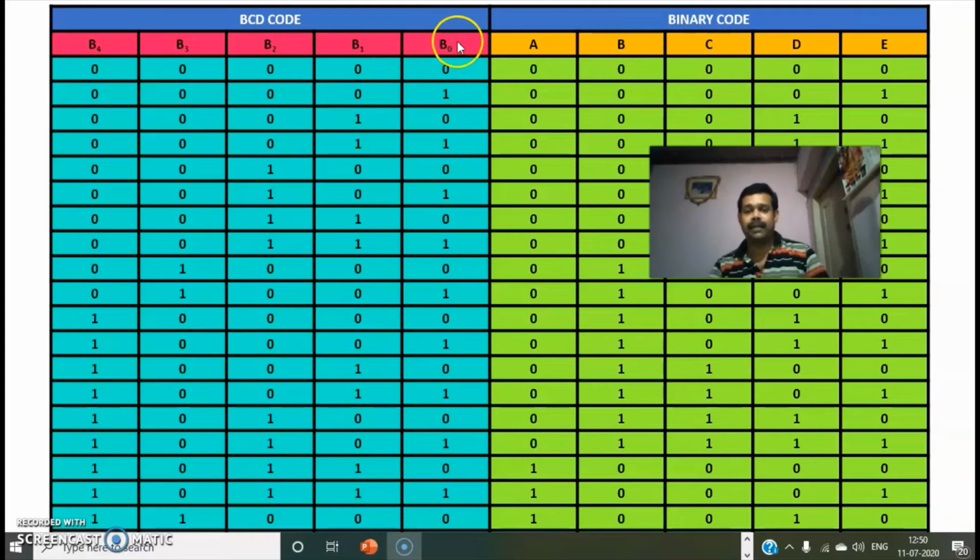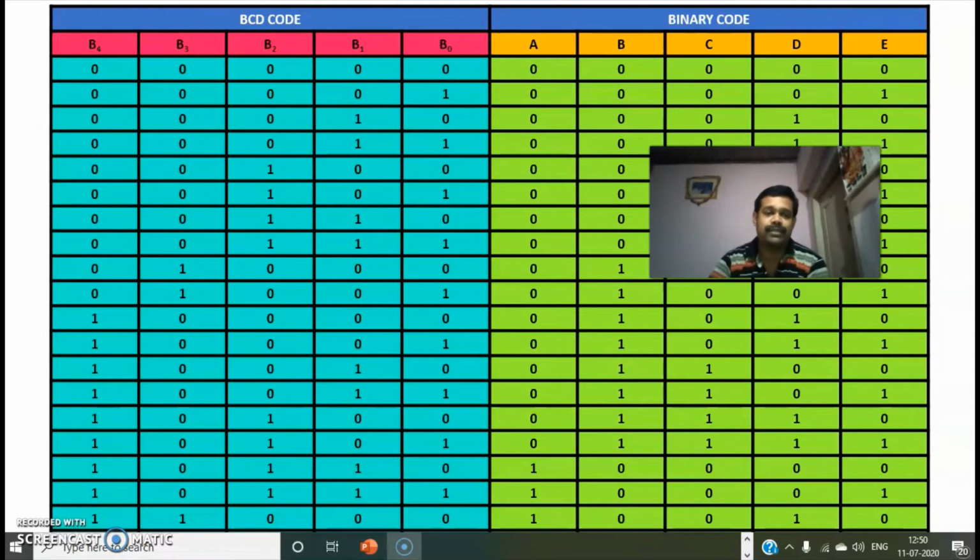But another thing here in BCD is that you have 5 input variables, so you must have 32 combinations, that is from 0 to 31. But here you have not used all the states.